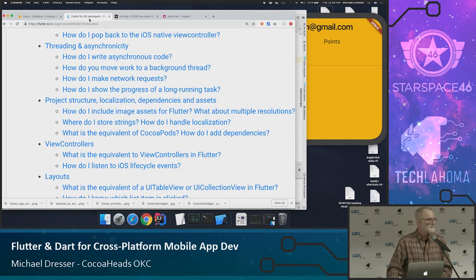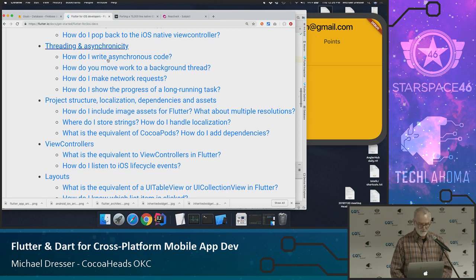Is there like a package manager for Dart? There absolutely is, called Pub, and it's very friendly. The question is, is there a package manager for Dart? And yes, there is. It's called Pub, and it is very simple and easy to use.